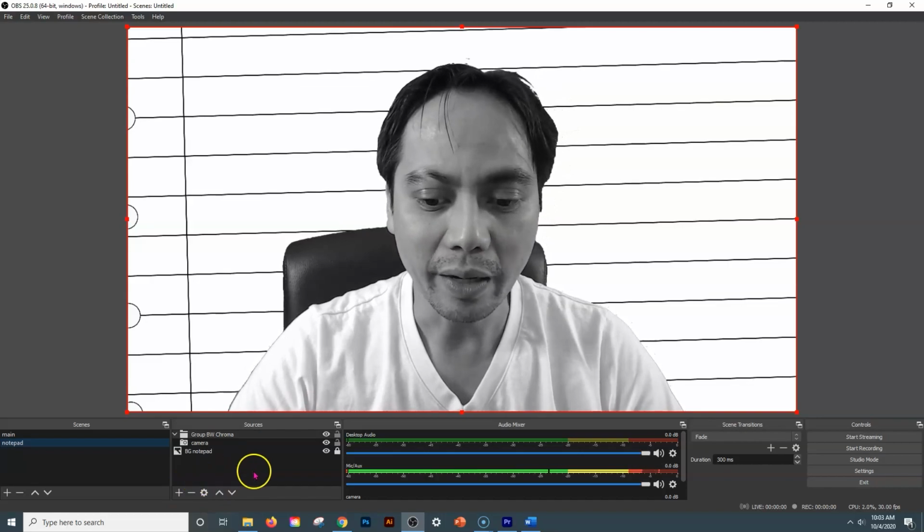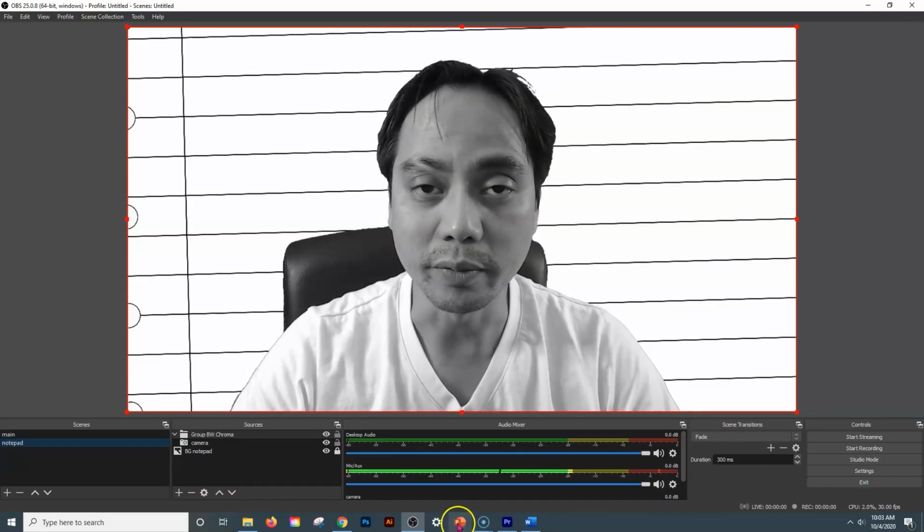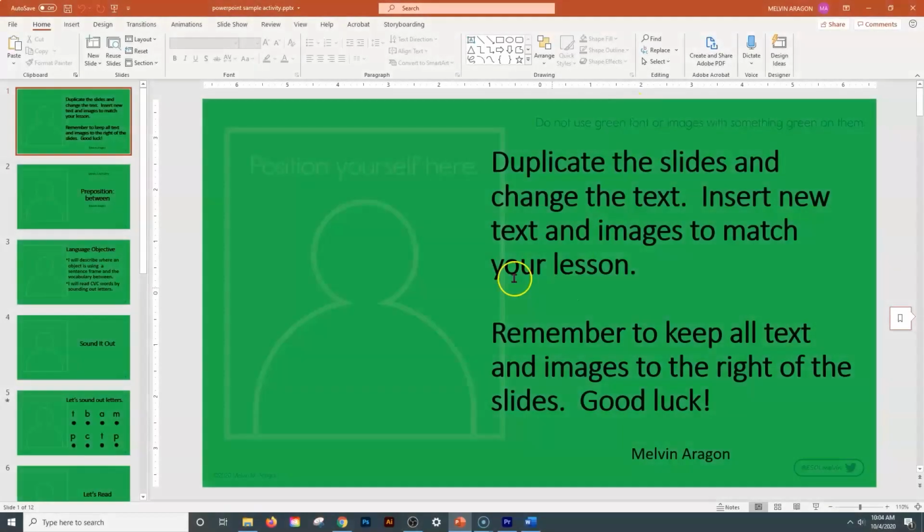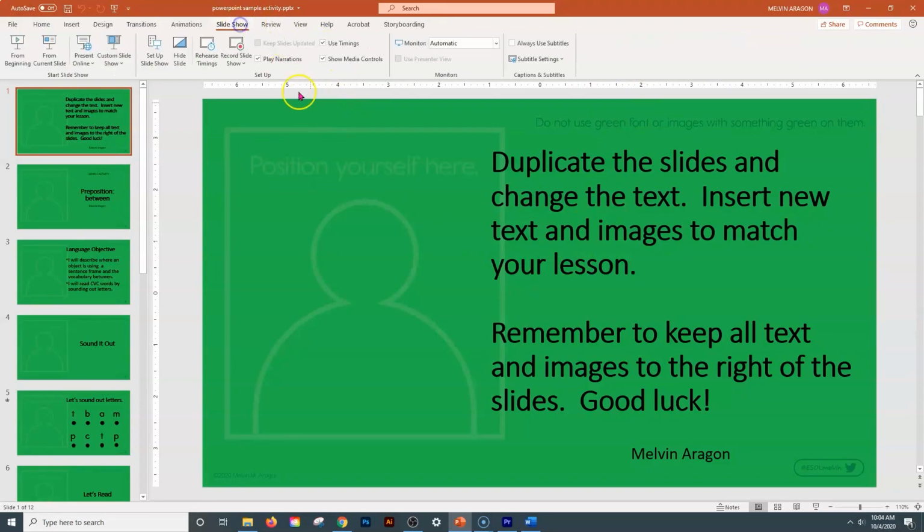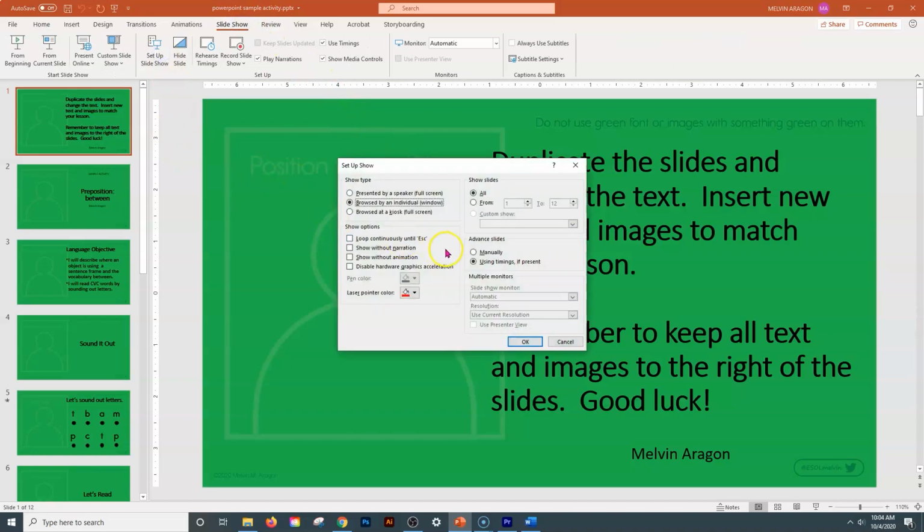Next, let's put our PowerPoint presentation on our scene. To do this, we have to first open our PowerPoint presentation. What you need to do, and this is very important, is to click Slideshow, Setup Show, and hit Browse by Individual Window. This will allow you to run PowerPoint alongside other applications like OBS and Zoom. Click OK,